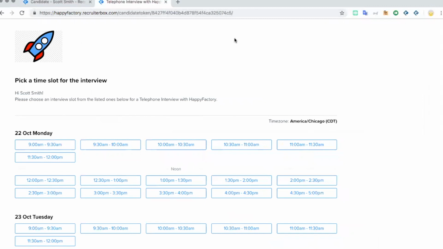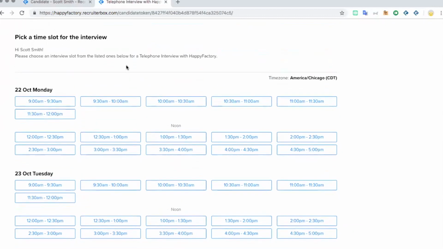This page will have your company logo on the top, and then it'll have all of the times that you've suggested for Scott. The great thing about this page is that it auto-updates as your team's calendar changes. So as long as you have your team's calendar synced with Recruiterbox, if another event gets scheduled on your calendar, or perhaps another candidate picks from an available time, those times will automatically be removed from the times available for